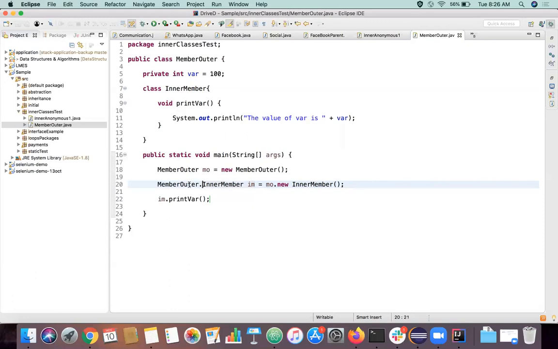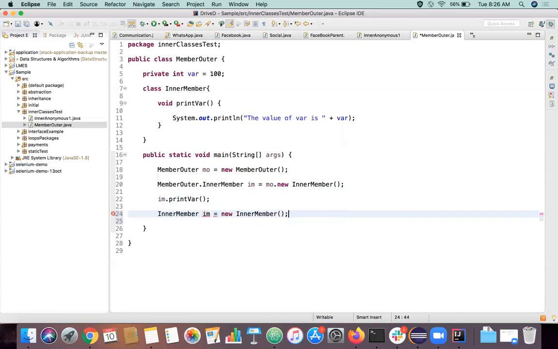You just leave this part. Focus on this inner member IM. This is how we create the object: inner member IM is equal to new inner member.